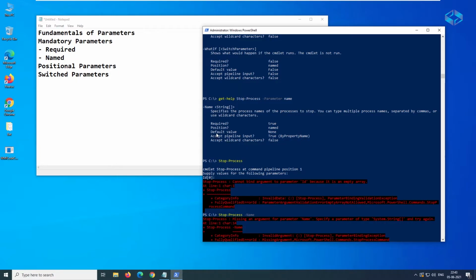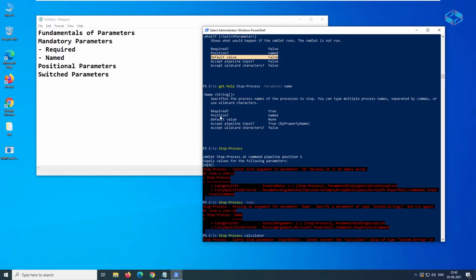Some of them you can see here, is there any default value? That means none. And here, if you see, the default value is false. Similarly, there are many other things for each parameter, and also whether it will accept pipeline input.